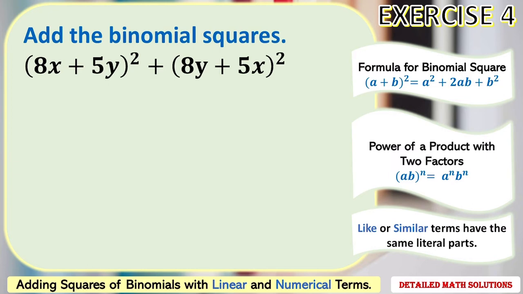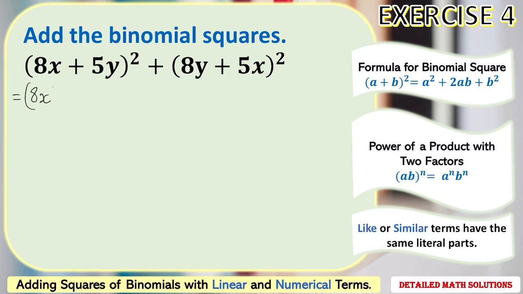In the first binomial, 8x plus 5y, the term 8x corresponds to the a in the formula, and the term 5y corresponds to the b in the formula. In the second binomial, 8y plus 5x, 8y corresponds to the a in the formula, and 5x corresponds to the b in the formula. Therefore, when we apply the formula for each binomial, we expand them and we get